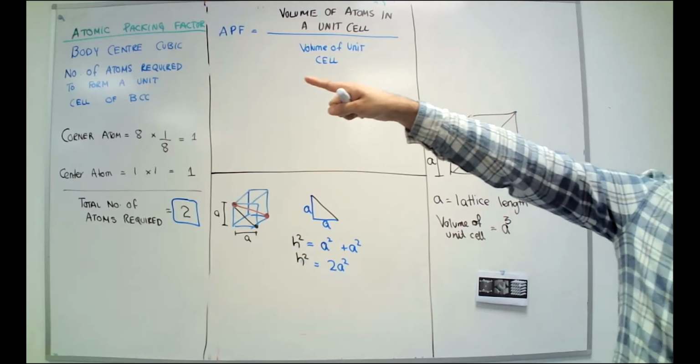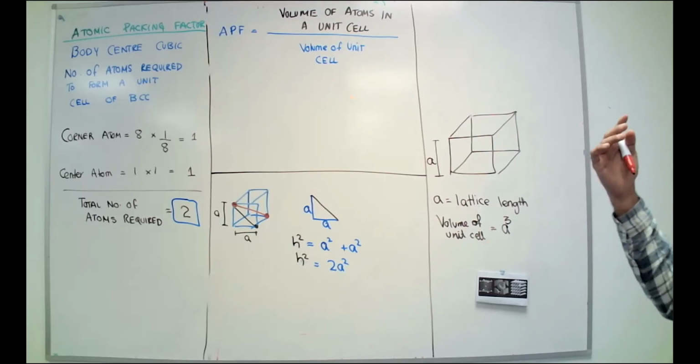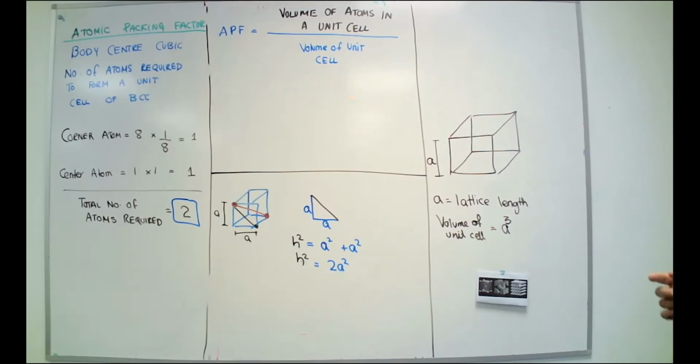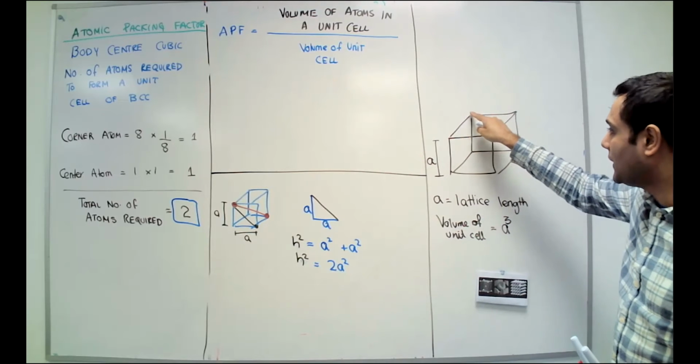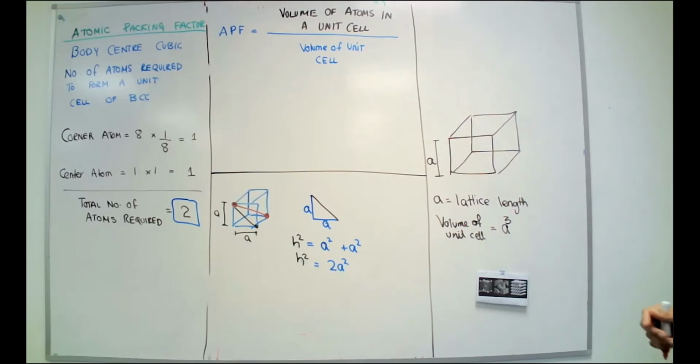Yeah, it's from that corner all the way to that corner. It's called the body diagonal, not the face diagonal. The face diagonal is on just one face. The body diagonal has to go through the whole body. Now,